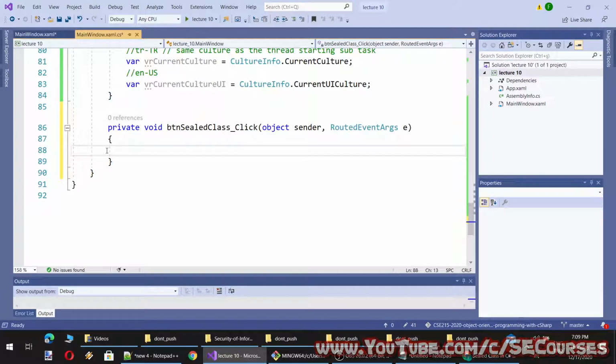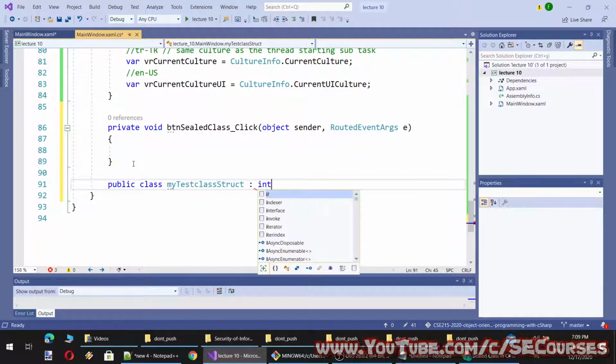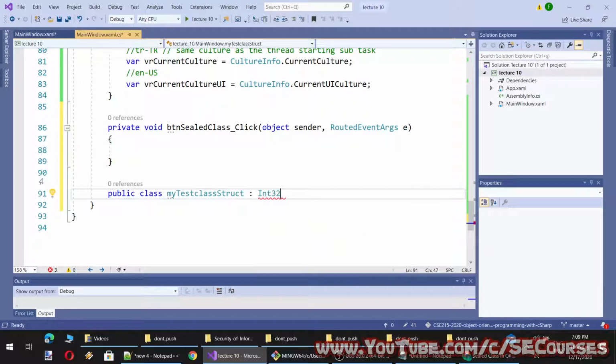Okay, so let's try to generate a class inherits a struct as mentioned. So I will say that and I will try to inherit integer. Okay, integer is class or struct? It is a struct, yes.